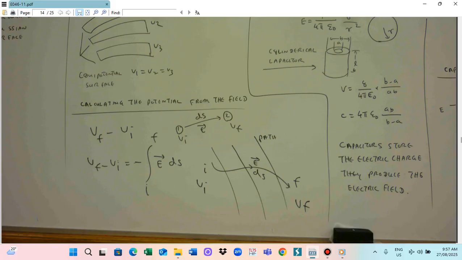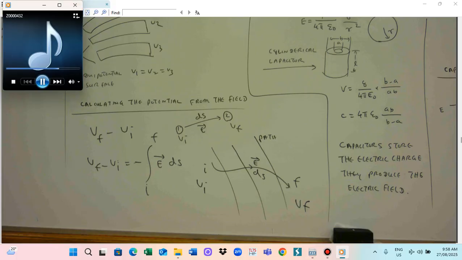The potential difference: the initial voltage is Vi, the final voltage is Vf. So Vf minus Vi is equal to minus the integration from i to f of E dS. So when the particle is moving from one point to another on the electric field path, there will be a potential difference. The potential difference can be calculated by the equation. Therefore,